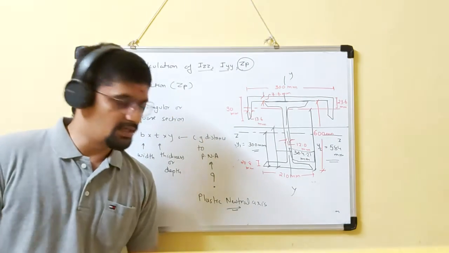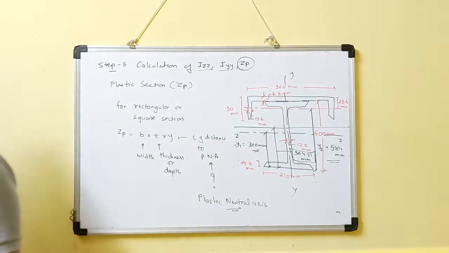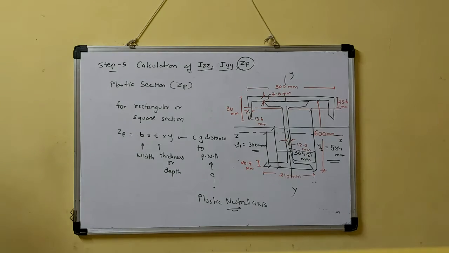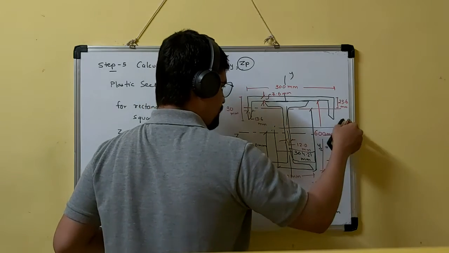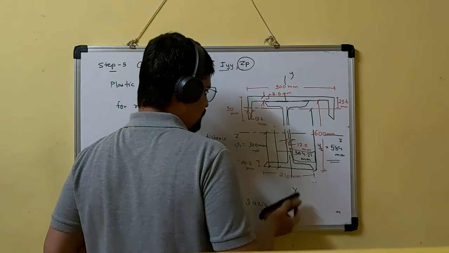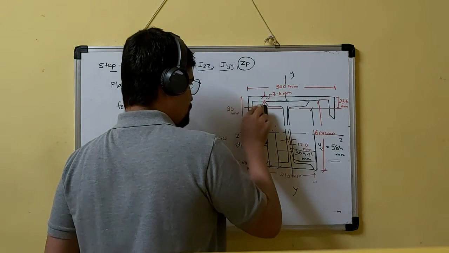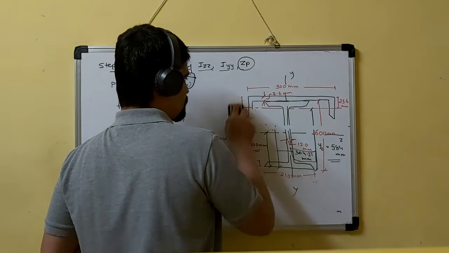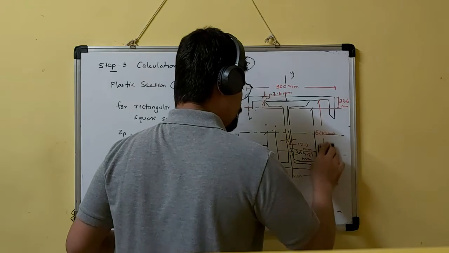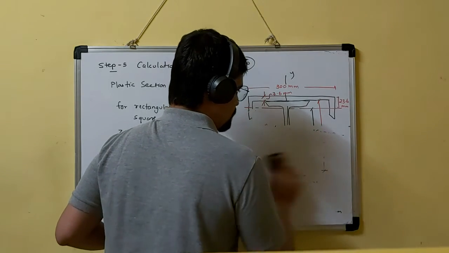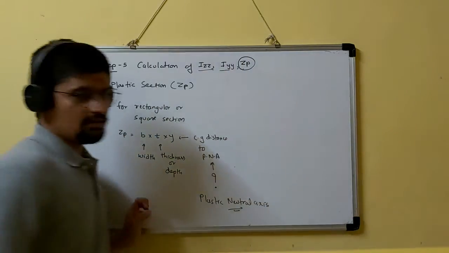So let me explain. First of all, I am rubbing out some data from the figure that we do not need. We will not need the y bar value 364, and we will not need the flange. This also we will not need. Y2 cancel. I am rubbing and making a new figure so that you can understand.